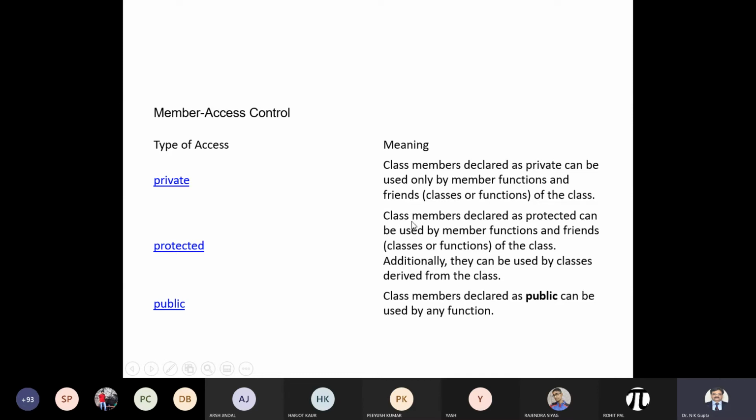So if the data is private, you won't be able to inherit that locker and all that. So what should be done? Instead of making that locker totally private, the parent could access it. They had their own program or function to access it. But now it has been inherited by you. You have been derived from the parent class, the child class has been derived. Now, if that locker was protected, that thing will also be available to you.